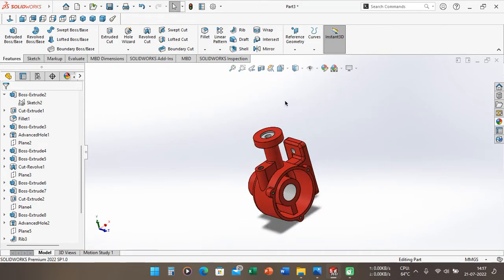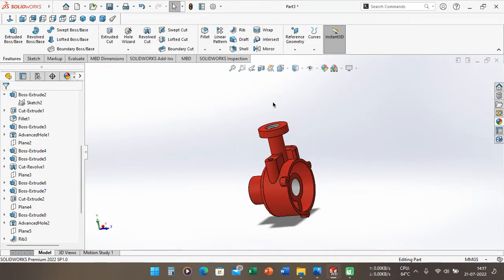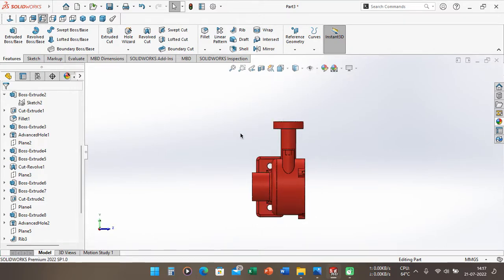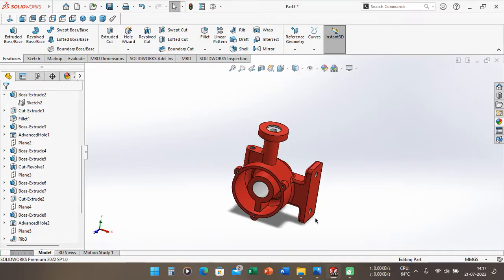So all of the sections of this part are already done, so you can see here.